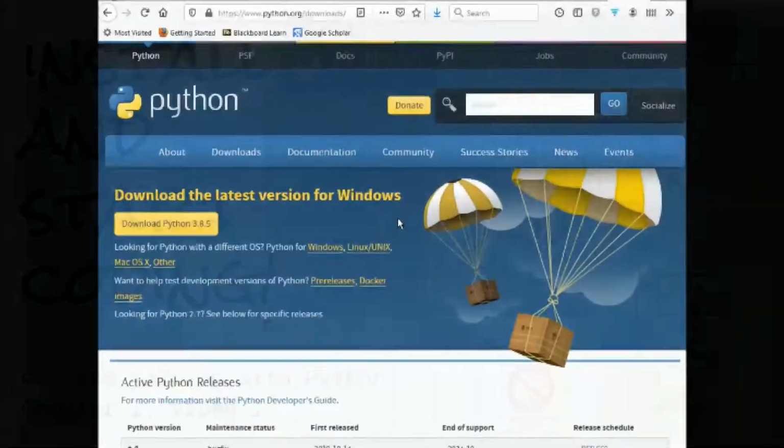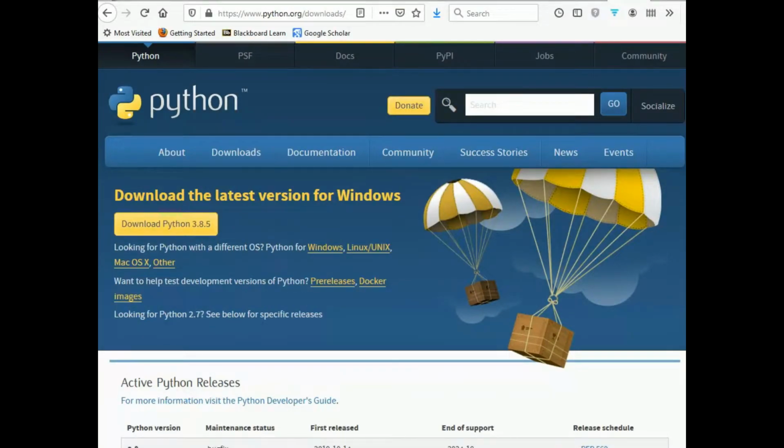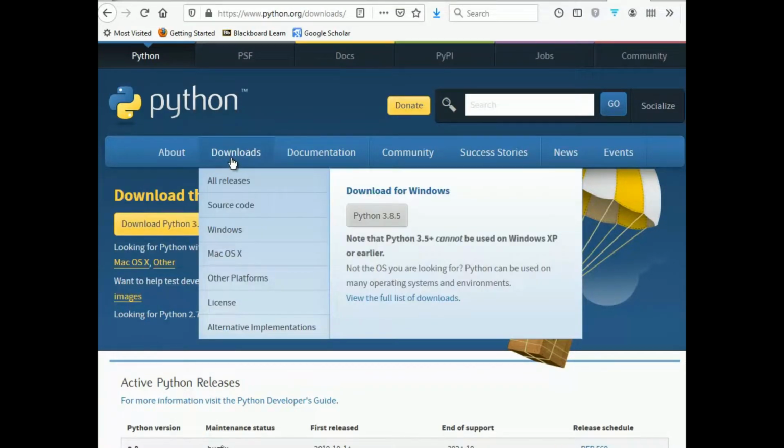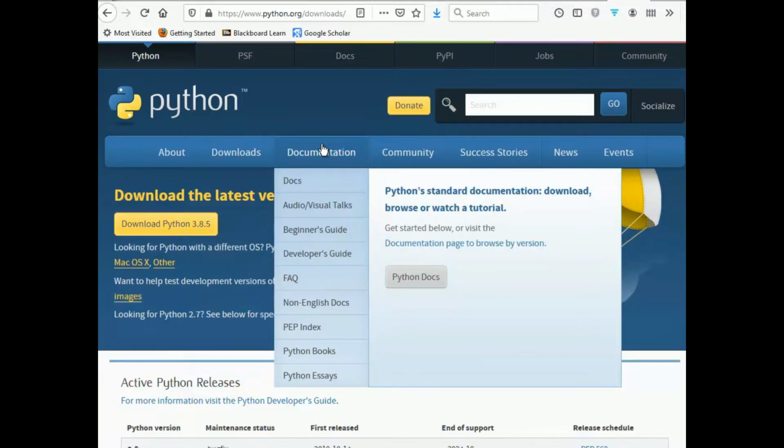To install Python, visit python.org and mouse over Downloads. Follow the instructions from there to download and install the latest version of Python for the operating system that you're running. If you're new to downloading and installing software, you can choose Beginner's Guide under Documentation,